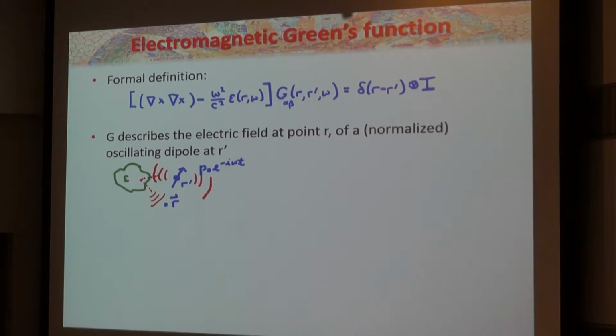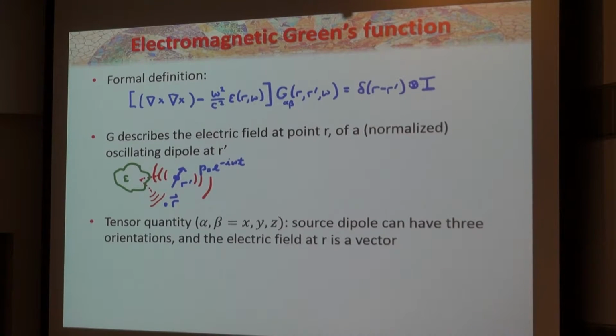So what it physically describes is, well, imagine I have some kind of oscillating dipole. In free space, I know how the oscillating dipole radiates. And I'm allowed to have some dielectric materials nearby, some permittivity epsilon. And this Green's function is going to tell me what's the total field at a point r, given a source at r prime. And the total field, of course, consists not only of the free field emitted by this dipole, but also all the rescattering by any nearby dielectric structures. So that's what the Green's function physically describes.